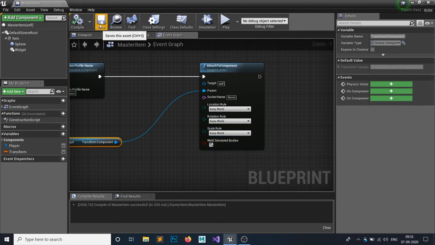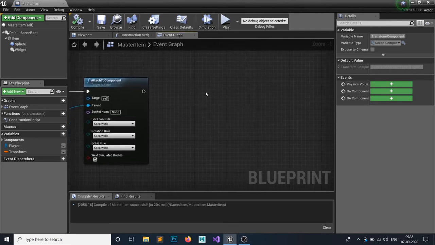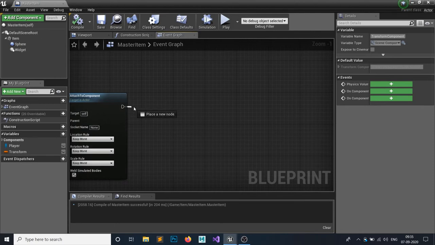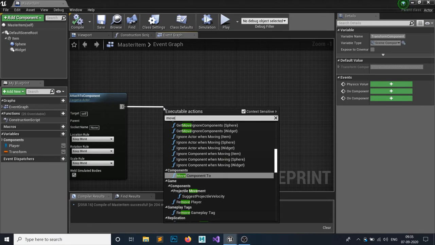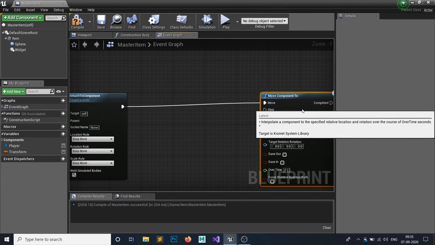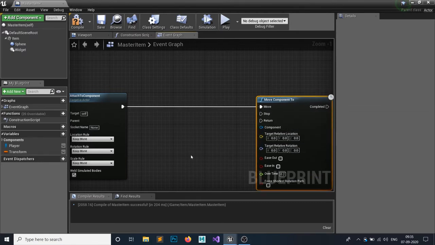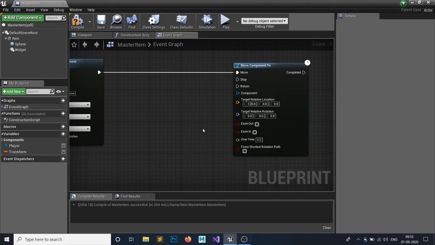Okay, and let's make a widget first, or we can make this after. After doing so, drag a node from here and search move component to. This will move to your component, and that will be the center of your screen. Let's say 120. This is going to work, I think.